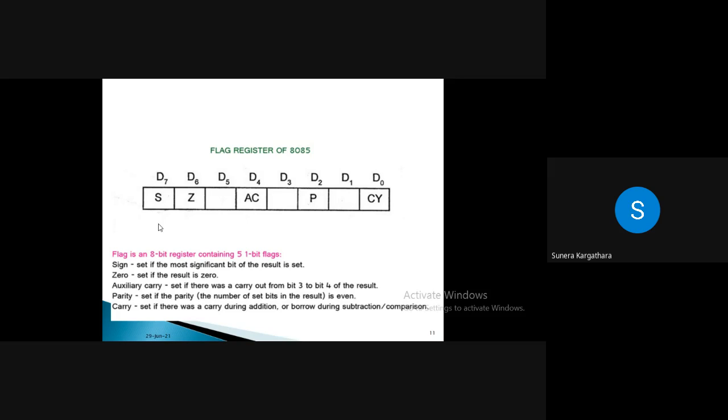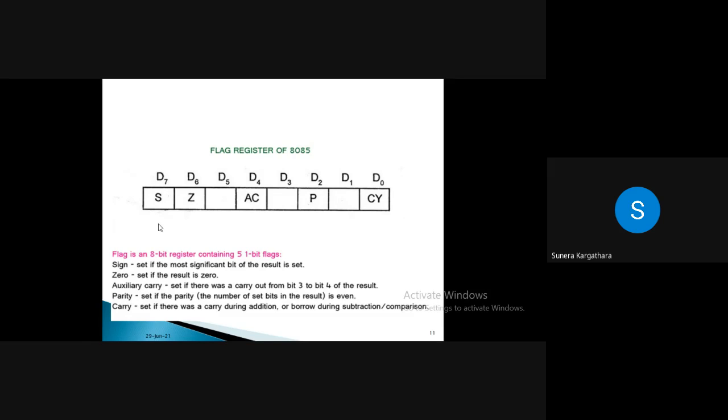If the number is negative, the sign is 1. If the number is positive, the sign is 0. Right? So that will be considered as a signed number. But in the case of an unsigned number, the whole 8 bits will be considered for the magnitude only. If I want to represent 55, then I'll write 0, 0, 1, 1, 0, 1, 1, 1. So the whole 8 bits I'll use to represent my magnitude. But if I say I'm using a signed number, then how many bits do I have to use for my magnitude out of 8 bits?